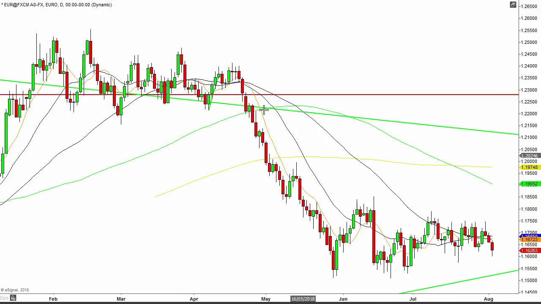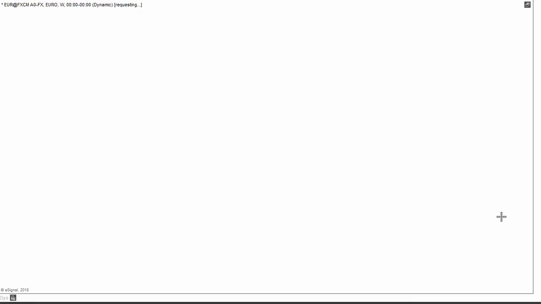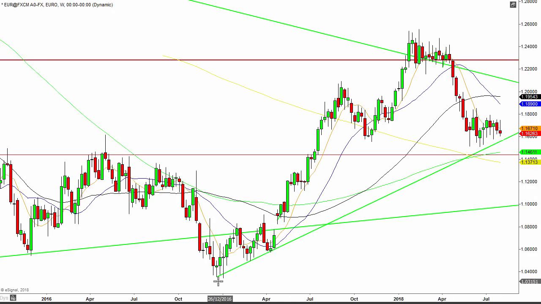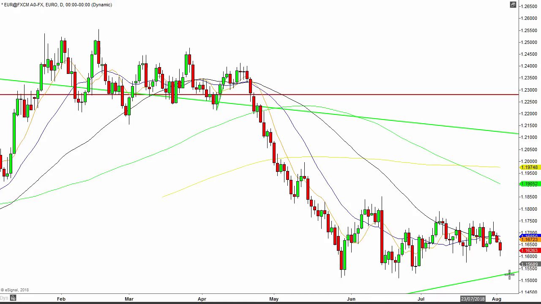If I take you to the weekly chart, this trend line spans back from the beginning of last year, 2017. So that's coming into play roughly at 115.5. So the potential is there. If I see weakness for the euro, maybe it comes down to that, and it still won't have broken the overall lows, but that's nice enough if we're looking at some sort of trades.